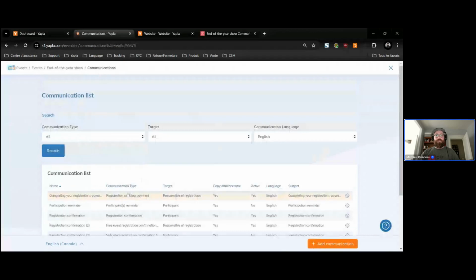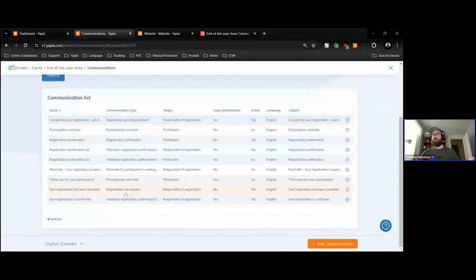And then other communication types would be canceled registration. You would have communications that are sent out for registration pending payment. So if you're allowing payment by check, that's the first communication that will be sent out. Once you receive the check and you validate its reception within the system, then people will receive the validated registration